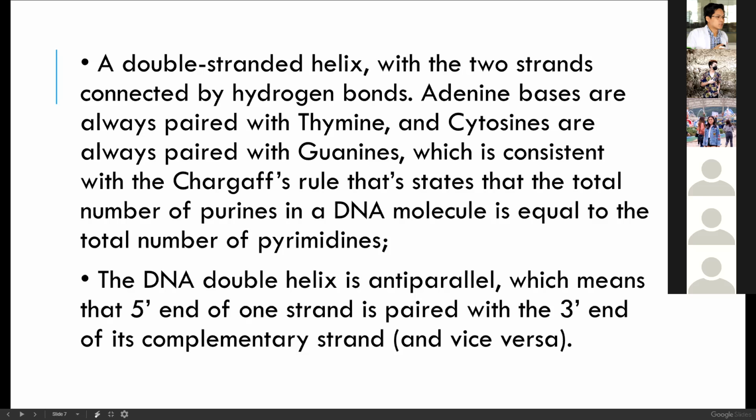The complementary bases, when you say complementary, they are usually paired, with no other pairing aside from them. Adenine is always paired with thymine, A is to T, and cytosine is always paired with guanine, C is to G or G is to C, T is to A or A is to T. Which is consistent with Chargaff's rule